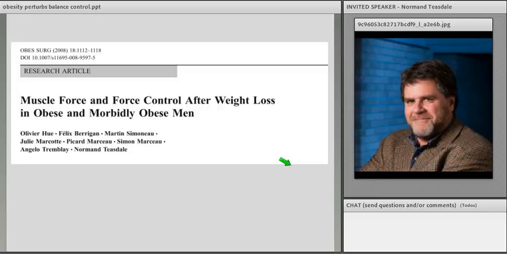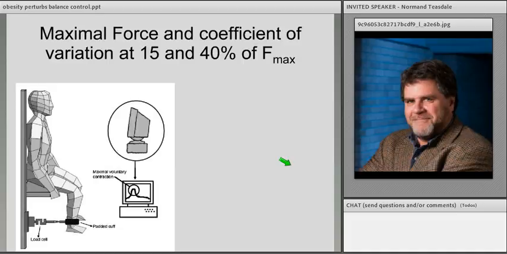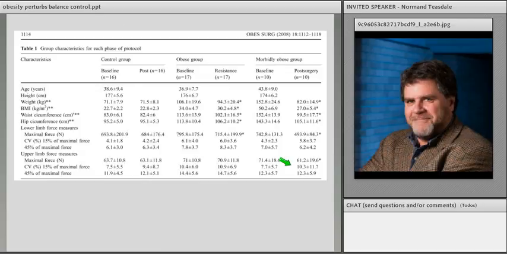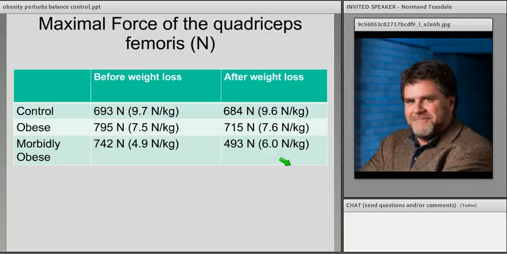First, we looked at muscle force and force control after weight loss in the obese and morbidly obese men. Basically, in this study, these individuals were asked to produce some maximal force with various muscles, and we also tested their capability at maintaining a given force level for a period of time. I won't present these data, and actually I'll go fast. I'll present only maximal force of the quadriceps femoris, and what we see is basically